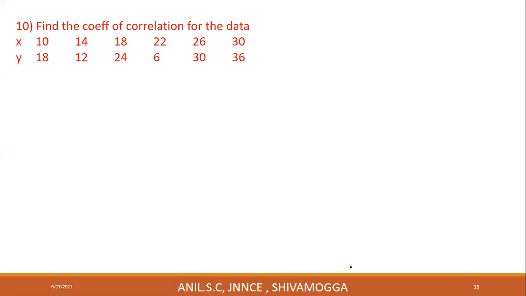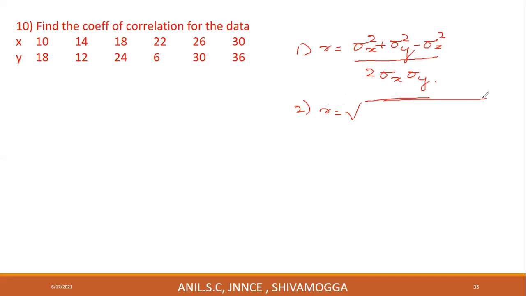You can treat this as a type 1 problem. In type 1, what is the expression to find R? R is sigma x square plus sigma y square minus sigma z square whole divided by 2 into sigma x into sigma y. You can use this formula to find R. Or you can treat it as type 2 problem. And in case of type 2, R is given by